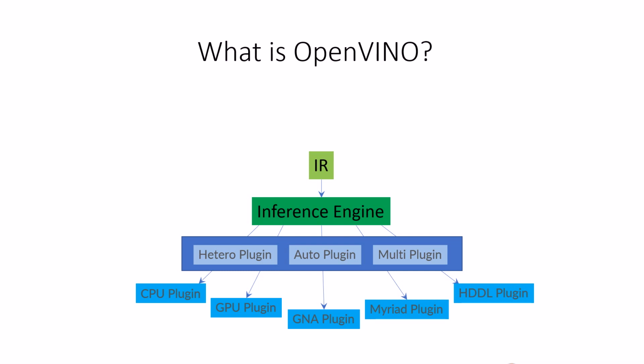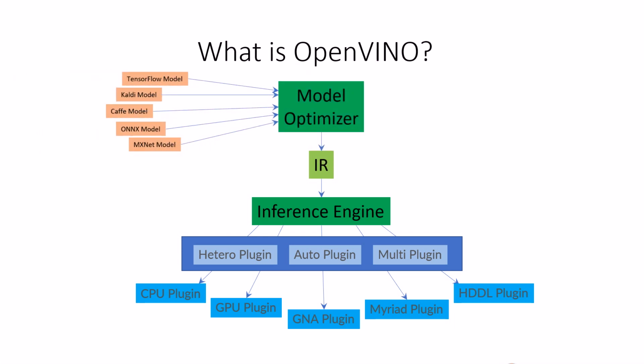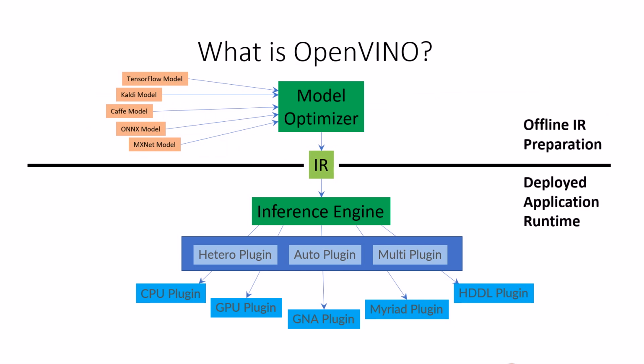The inference engine loads the model represented in OpenVINO intermediate representation. It is produced by a separate component called Model Optimizer. Model Optimizer can load various types of original models from deep learning frameworks and convert them to IR. ONNX is one of the formats that we can read. Running Model Optimizer offline, outside the main inference application, we are minimizing time to the first inference, improving user experience, and minimizing binary size